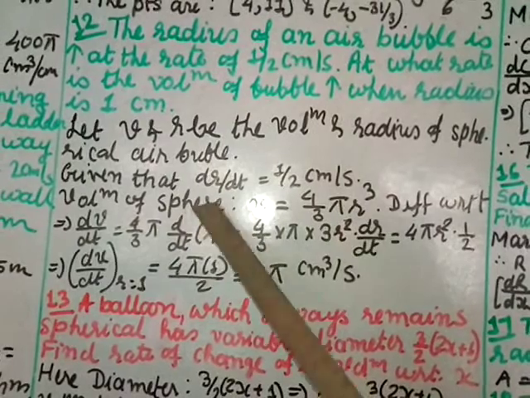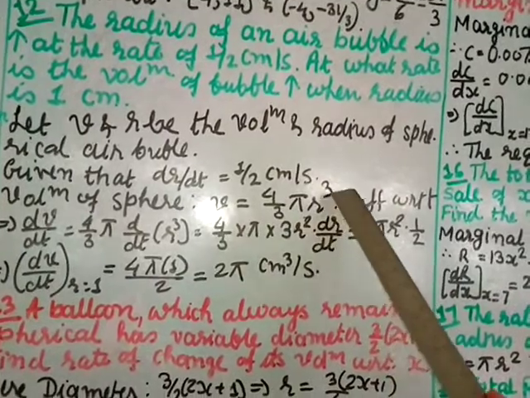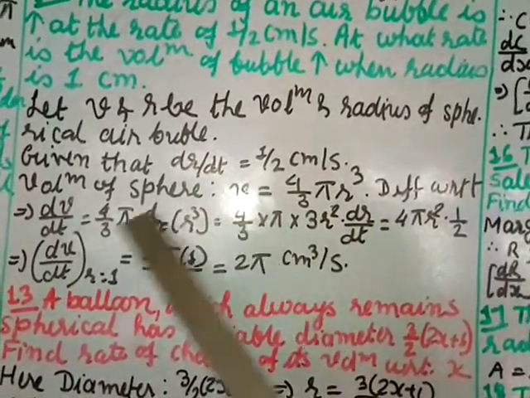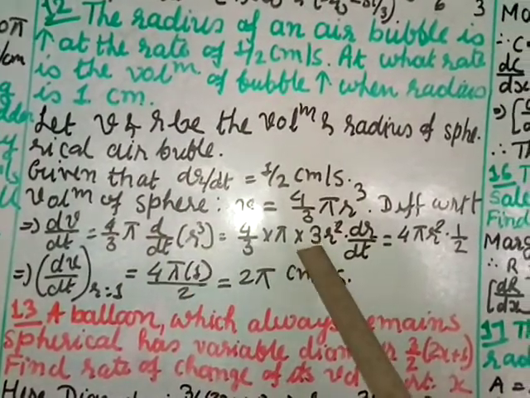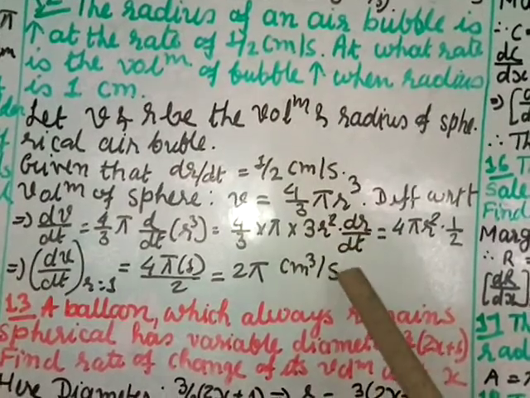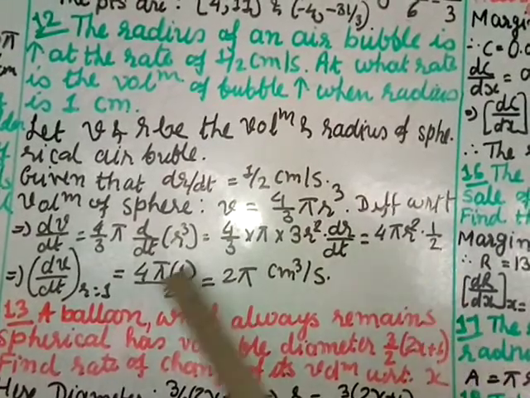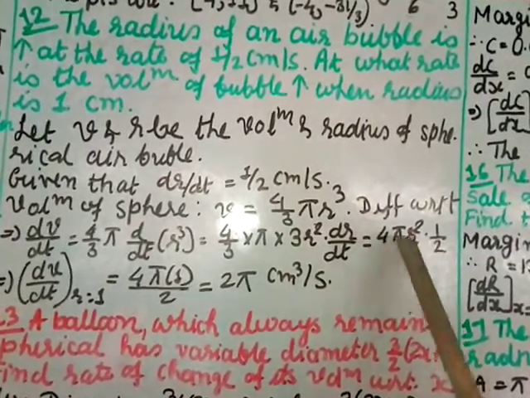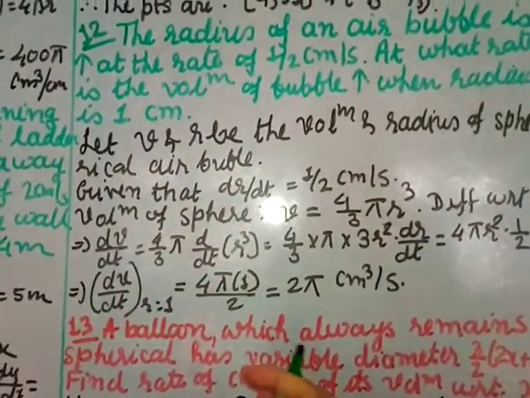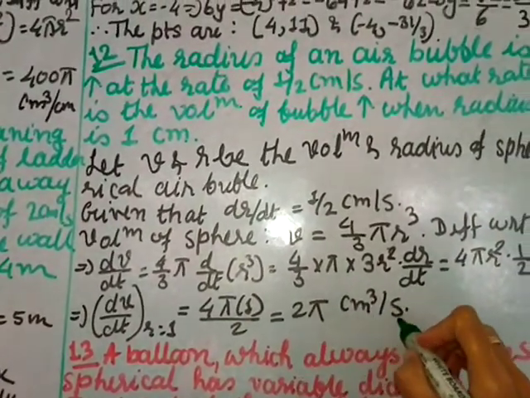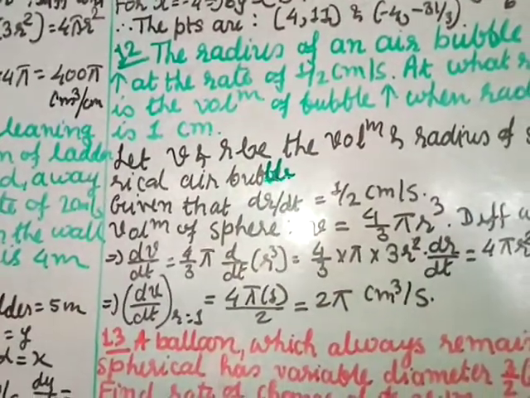Now since the bubble is a sphere, so use volume of the sphere. V is equal to 4 by 3 pi r cube. Differentiate with respect to time. So dV/dt is equal to 4 by 3 pi d/dt of r cube. Derivative is 3r square and r with respect to t is dr/dt. dr/dt value is given 1 by 2. So put 1 by 2. So you get 4 pi by 2 and they have given r as 1 centimeter. Okay, when radius is 1, so you put r is equal to 1 and you simplify this, you can cut 4 into 2, so you get 2 pi centimeter cube per second. Okay, this is the bubble. Okay, then next, so that is the answer for question number 12.